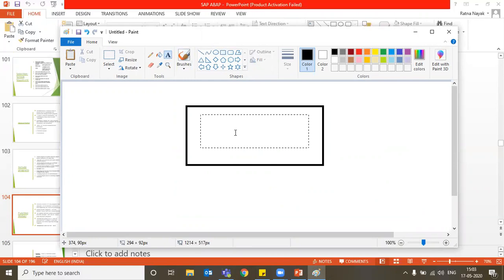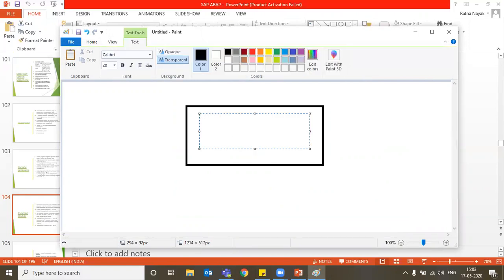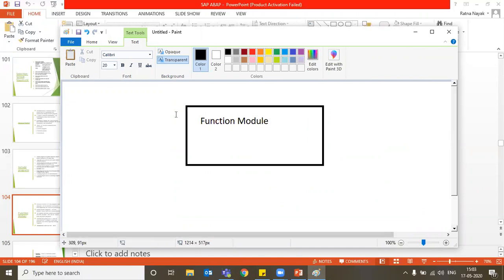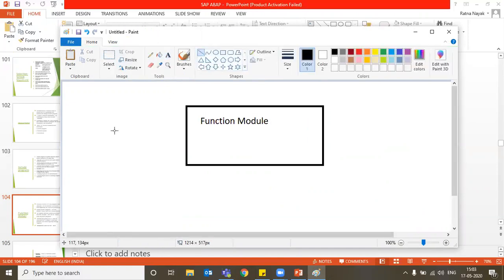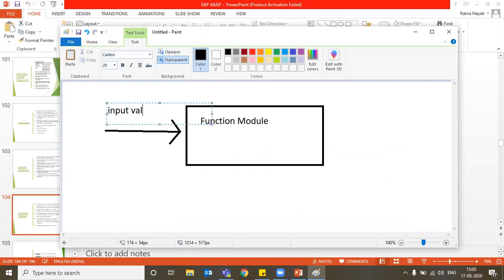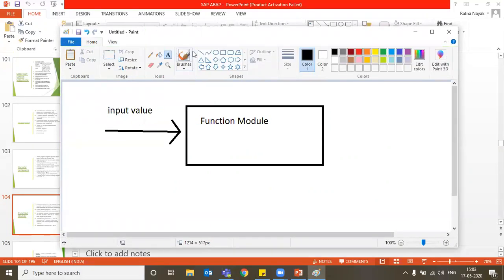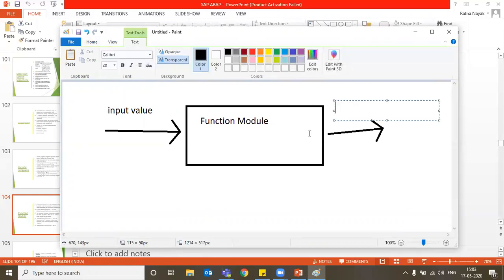It takes one input, some input value, and it gives me some output, a result.